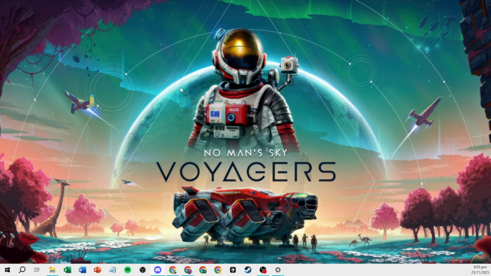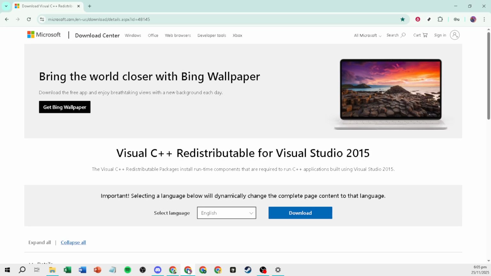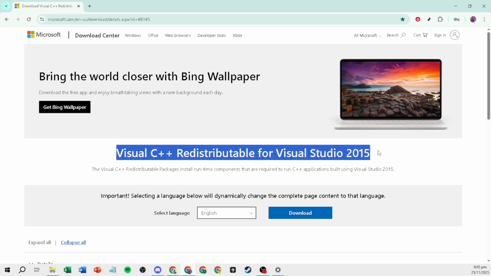First, you'll want to head over to the official Microsoft website. This is where you'll download the essential files needed to resolve this issue. Having quick access to a reliable internet connection will make this process much smoother, so ensure that your internet is stable before proceeding. Once you're on the Microsoft homepage, search for the Visual C++ redistributable for Visual Studio 2015, 2017,